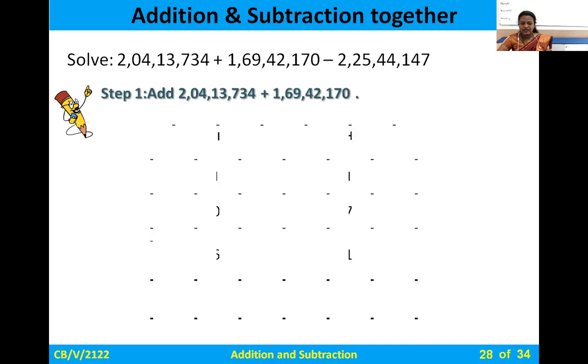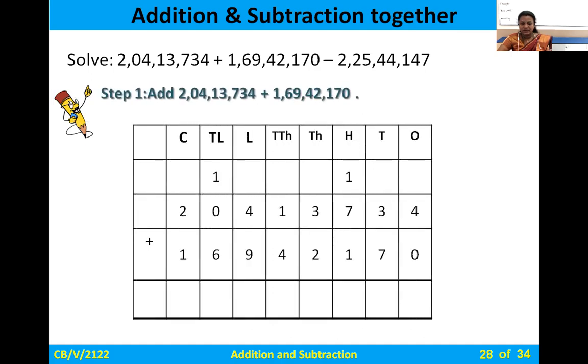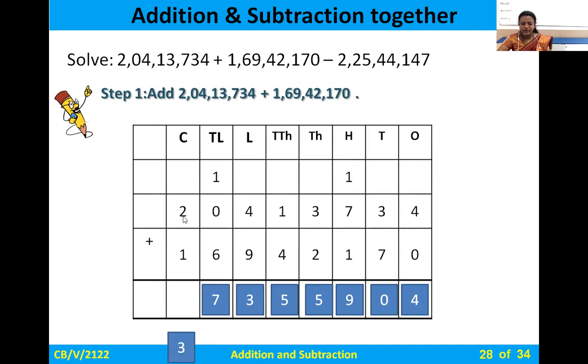So we'll add these two numbers, arranging them in the place value chart. Adding them, we have the result as 4 plus 0 is 4, 3 plus 7 is 10, 1 carried. We have the hundreds place as 1 plus 7 plus 1 is 9, 3 plus 2 is 5, 1 plus 4 is 5, 4 plus 3 is 13. So 3 is written and 1 needs to be carried. Adding in the 10 lakhs place, 6 plus 1 plus 0 is 7, and 2 plus 1 is 3. So finally we have got the sum as 3 crore 73 lakhs